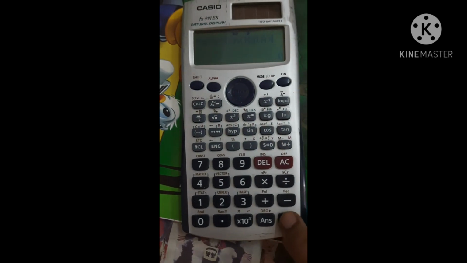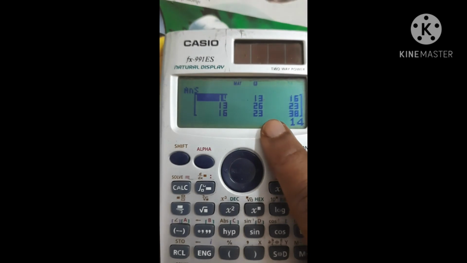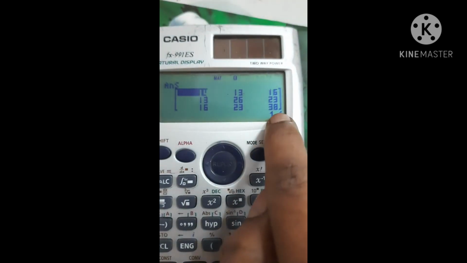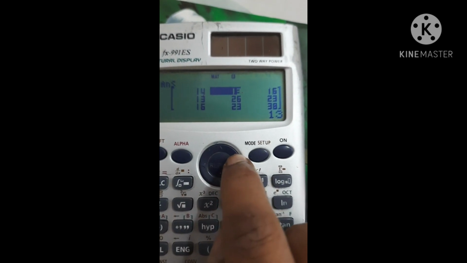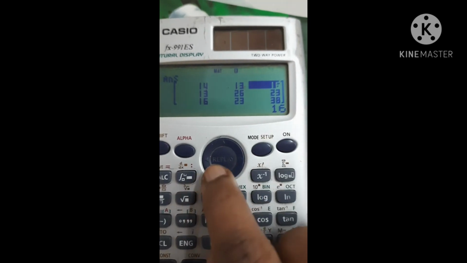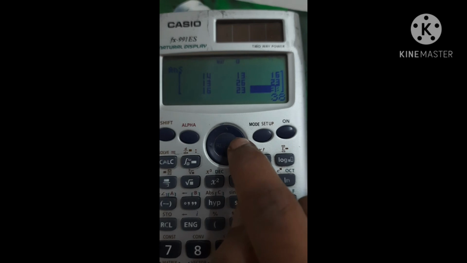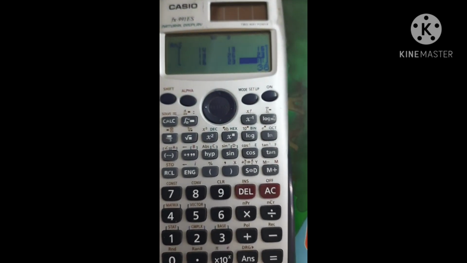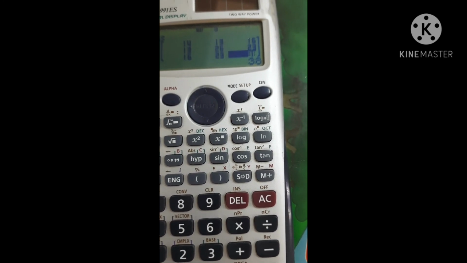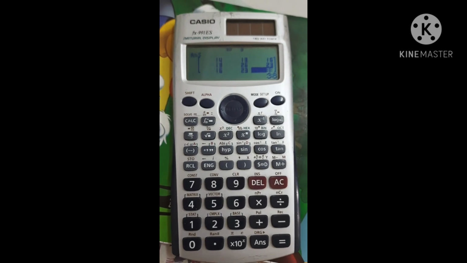Now it is Mat A times the transpose of Mat A. We want to get the resultant matrix. Press the equal to button. Then we can see the resultant matrix on the display. The first element is 14, and then 13, and then 16, and so on. This is A into A transpose. Similarly, to get A transpose A, we can follow the same steps. First choose the transpose of matrix A and then matrix A. Then we get the resultant matrix A transpose A.